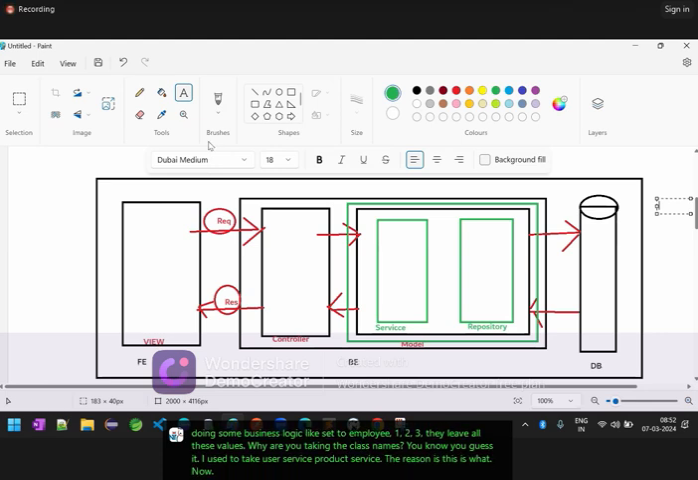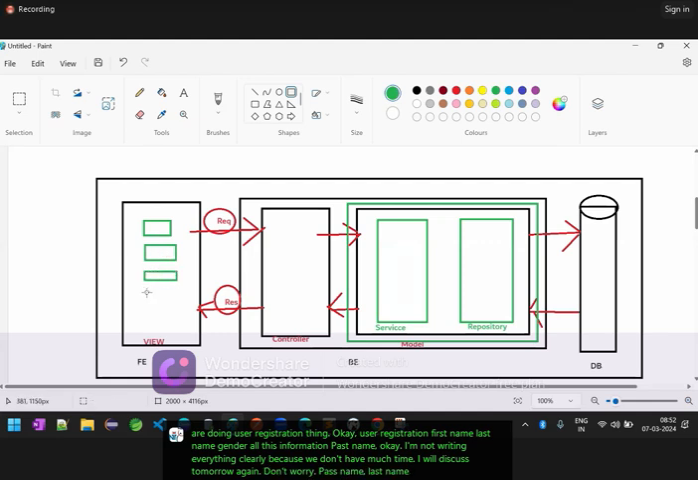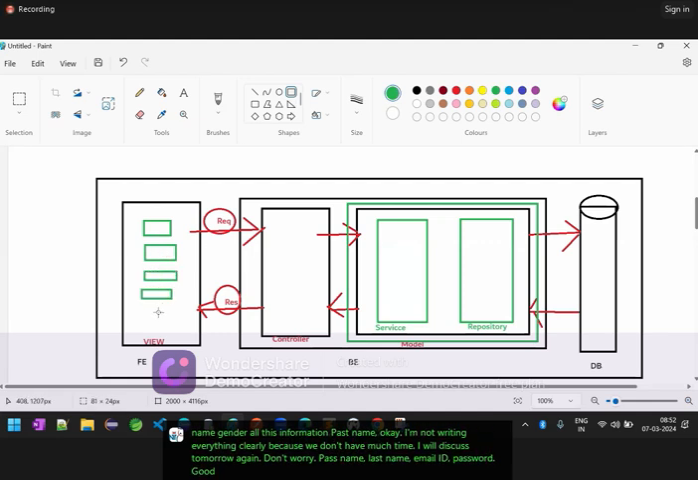Now in this case, assume you are doing a user registration thing. Okay, user registration: first name, last name, gender, all this information. I'm not writing everything clearly because we don't have much time. I will discuss tomorrow again, don't worry. First name, last name, email ID, password, and kind of registration things come from the front end. Now this data comes to the